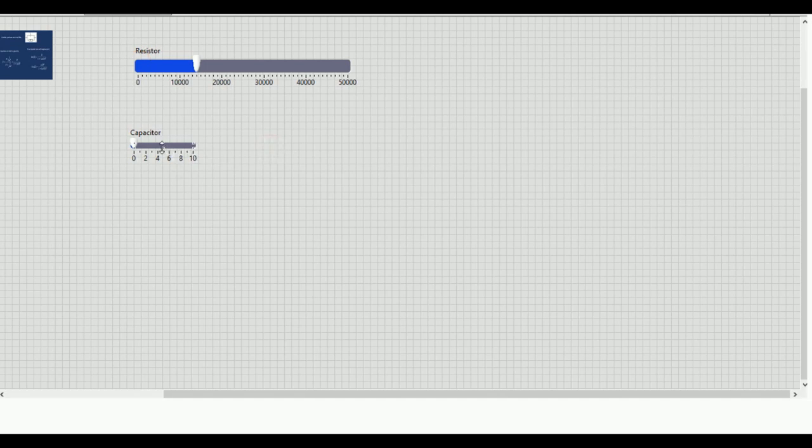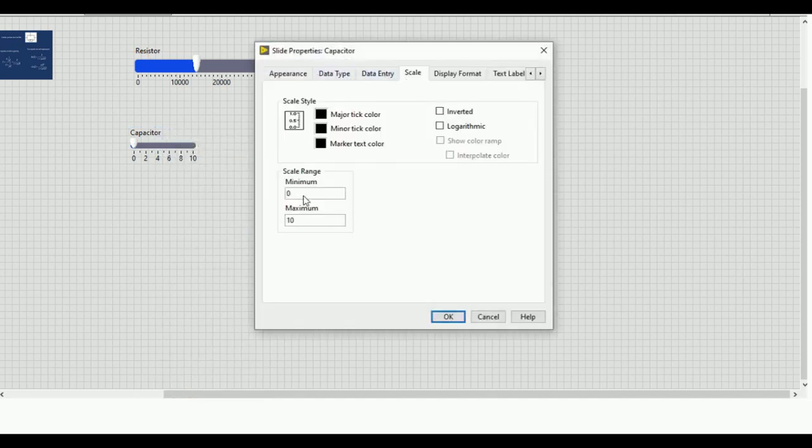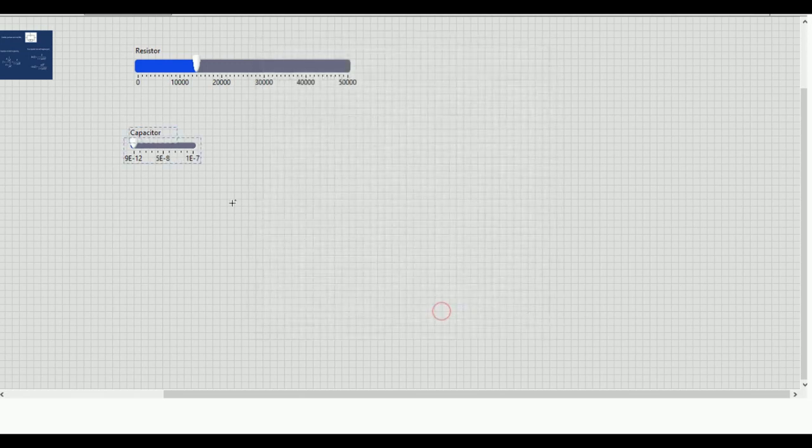Okay, fine. And for the capacitor also, you can go to the properties, and in the scale you can work in picofarads. For example, I am giving here 90 raised to minus 12 as the minimum, and the maximum is 1e minus 7. You can change it accordingly, whatever you want.